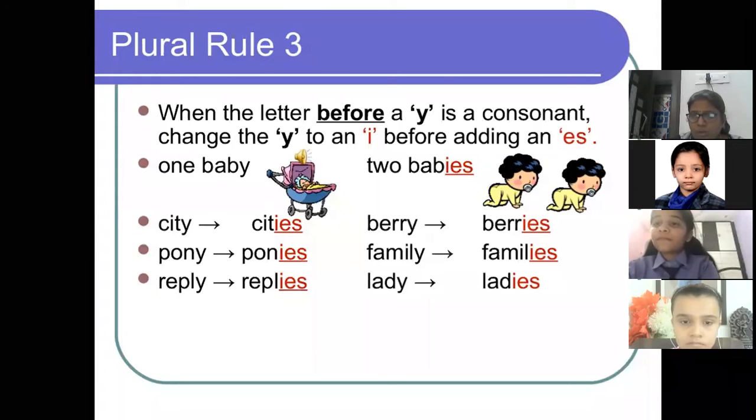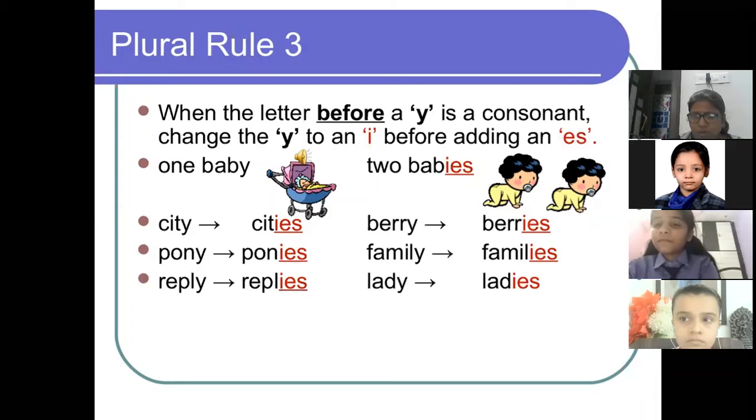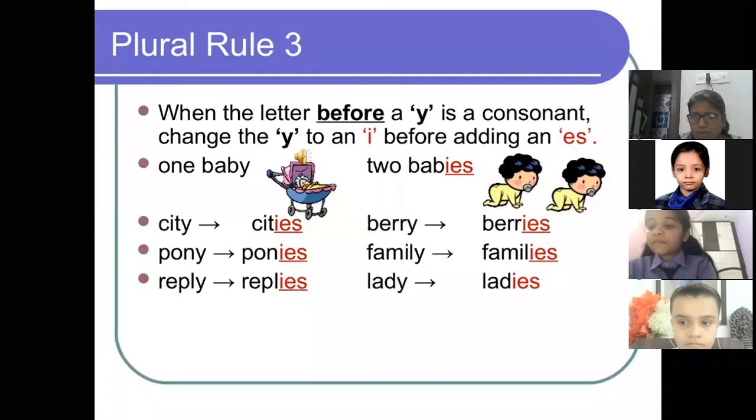So now when we talk about English alphabets, they are 26 in number and out of them 5 are vowels. Everybody knows 5 vowels: A, E, I, O, U. Rest of the letters are consonants. So rule number 3 is saying that if a word is ending with Y and it has a consonant before it, so the rule for changing such word is Y is changed into I and we are adding ES and the word becomes plural. Let's study with the help of an example.